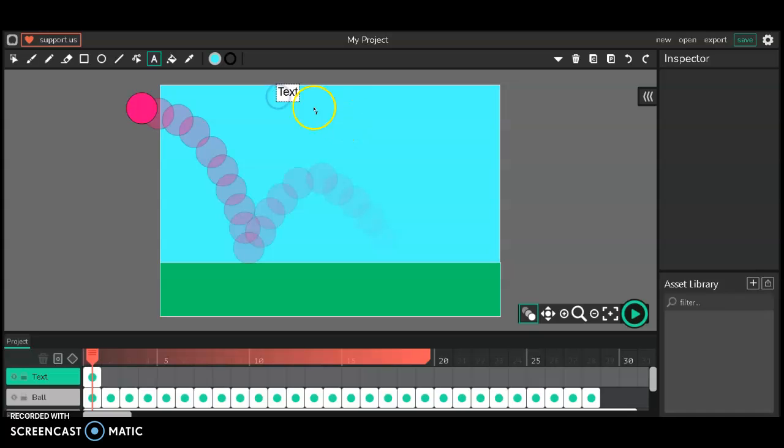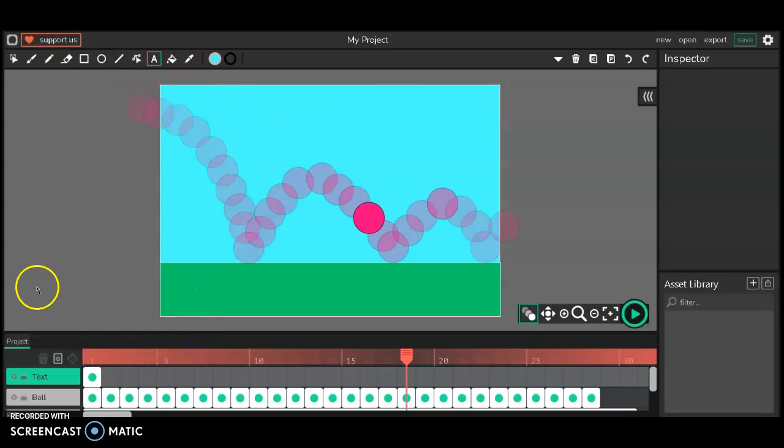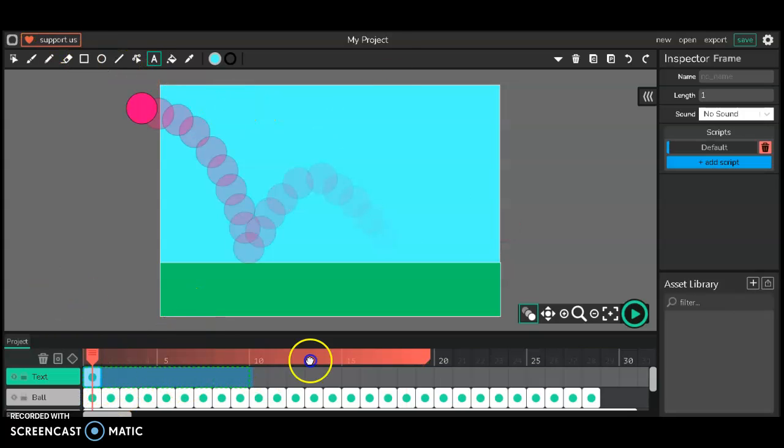Do it again. Okay, so I'm going to write over here happy ball like this. Okay, now what I'm going to do is just take the cursor. Oh wait, what happened? It disappeared. Okay, so now we are just going to extend it